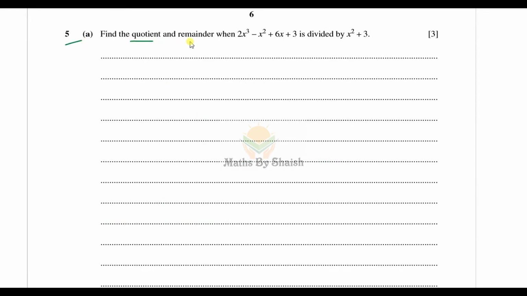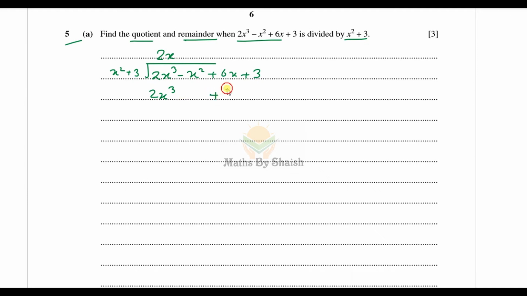Find the quotient and remainder when this is divided by x squared plus 3. So let's divide it. 2x cubed minus x squared plus 6x plus 3 divided by x squared plus 3, and we'll take the leading term, it is 2x cubed, and here it is x squared, so we get 2x. We divide it, and then we'll multiply here, so 2x cubed